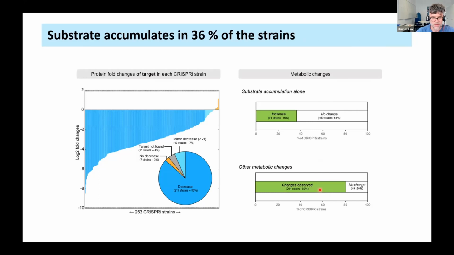So we went now through all of the strains. So here is again the statistics of the proteome data, and here are statistics of the metabolome data. So in around 1/3 of these strains, we see a very specific increase, or these strong increases of the substrate. So this is nice. And in around 200 strains, or 80%, we see that some other metabolites are changing, which indicates that something is going on in these CRISPR-I strains. But I hope you agree that if we see such specific increases of the substrates, we can already infer from that it's very likely that the knockdown of this gene is successful. And then you can imagine it's much faster to measure the metabolome of these strains than the proteome of these strains to confirm that the knockdown is effective.